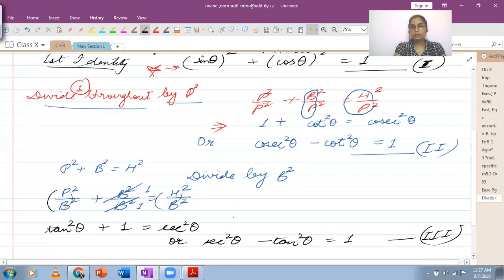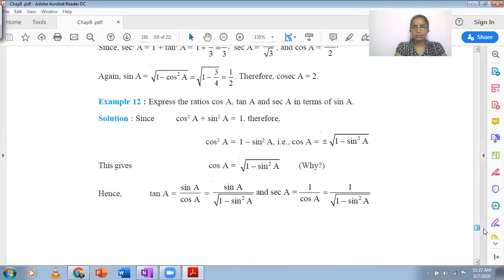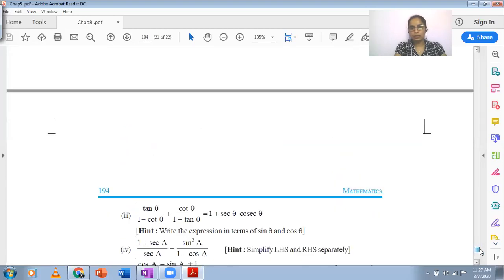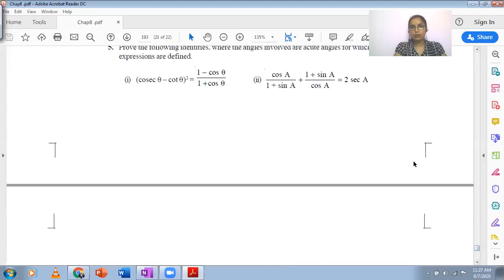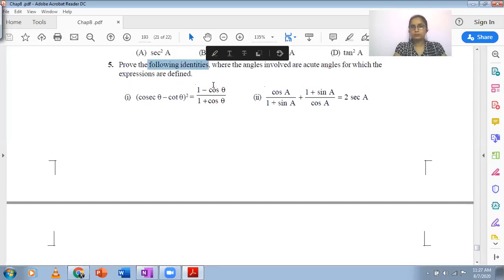Same way, when you are doing questions on identities, how would you know that you're doing questions based on identities? It's very simple. When you look at the questions, you will know these will be solved by identities. So these are the type of questions you can see. I will just take a look at the last one over here. Prove the following identities. So इस तरह के एक्सप्रेशंस आएंगे, वो आइडेंटिटीज से सॉल्व होंगे. तो आपको सारी की सारी आइडेंटिटीज उसी टाइम माइंड में आ जानी चाहिए.